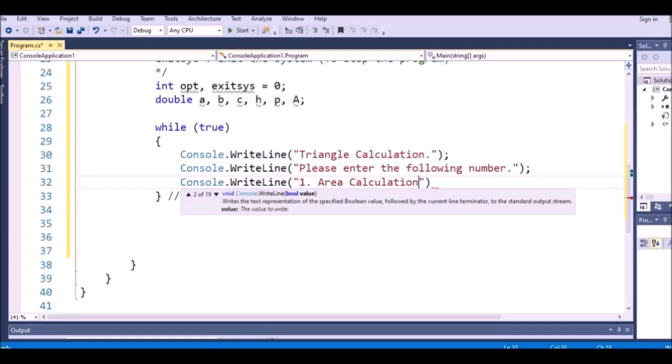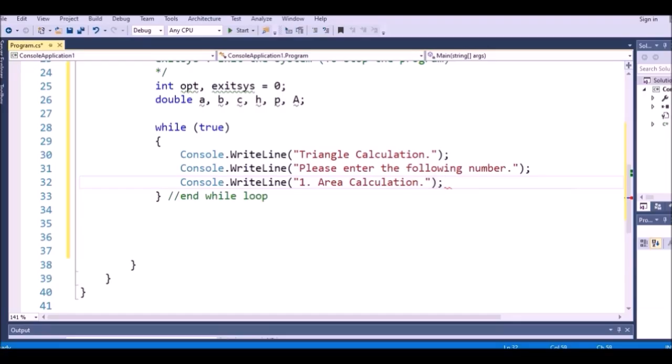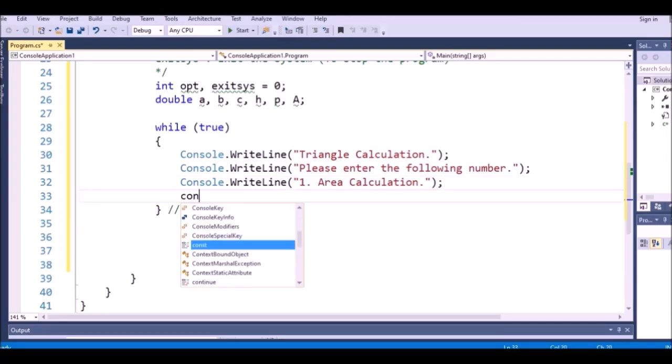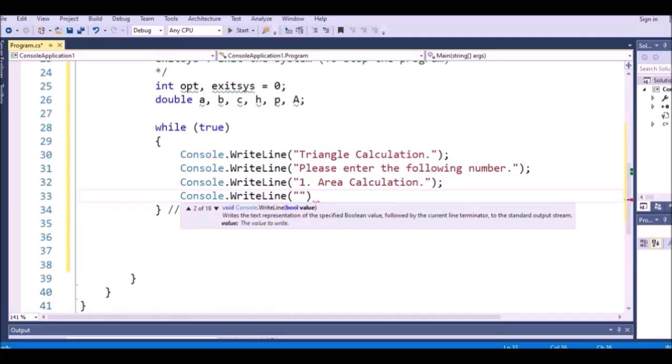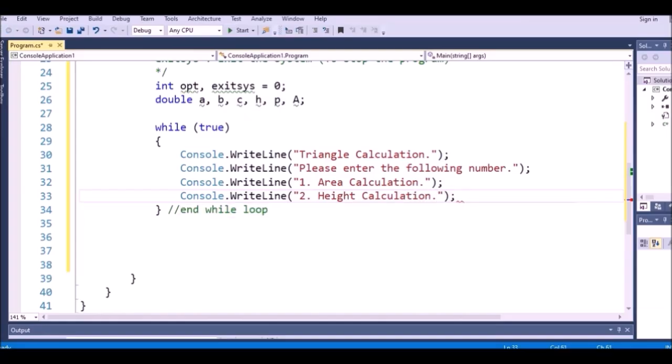If you want to calculate the area, you should choose the number 1, right? So the next console, and the number 2 you choose about the height. Height Calculation. If you want to calculate the height of the triangle, you have to choose the number 2